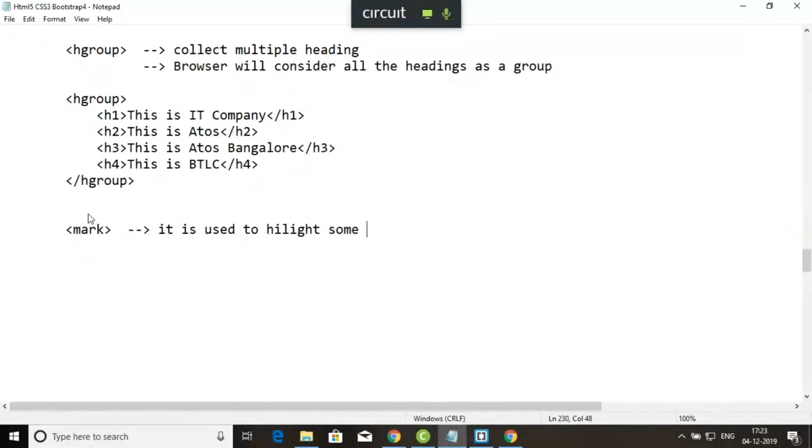So how to highlight a particular text? Assume you are writing some paragraph, starting some element and closing some element, and just writing here: this is a good book